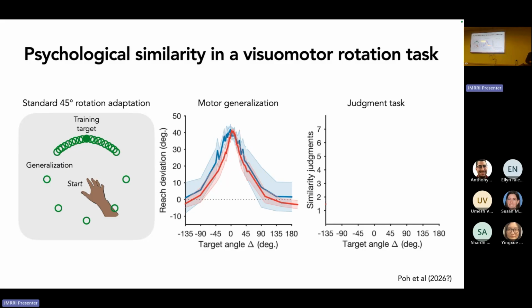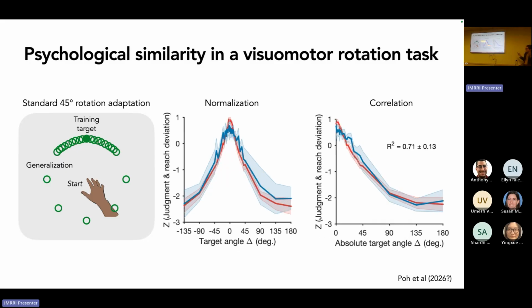If you do some normalizations different ways, you can get basically an R squared of 0.7 predicted by their subjective judgments, right? So they think the two movements were the same, right? But it is based upon targeting, right? That is the most salient feature, right? It also could be based upon if there was any kind of perceptual confusion. How well can you tell that this target is different from this one, right? If you couldn't tell, then you would generalize, right? If you could tell, then you could choose not to generalize, right?